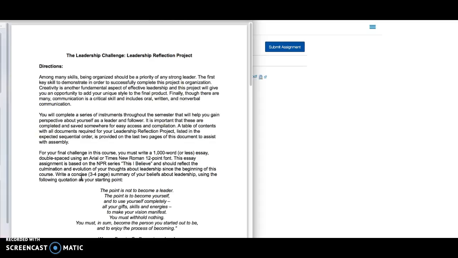At the end of the semester, you should have a collection of instruments, completed instruments, and reflections. A couple of extra instruments that I've asked you to complete throughout.